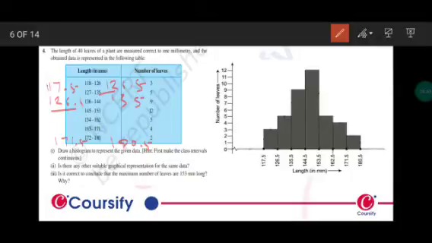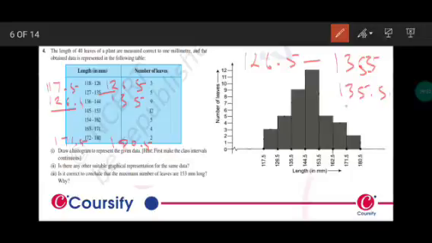Is there any other suitable graphical representation for the same data? Yes, you can also draw the frequency polygon for this data. In a frequency polygon we need to connect the central values of the intervals. Suppose we have an interval 126.5 to 135.5, so the central value will be the addition of these two,